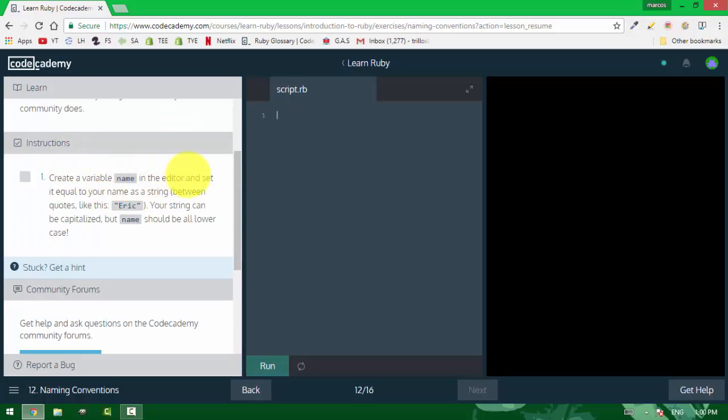Create a variable name in the editor and set it equal to your name as a string between quotes, like this. Your name can be capitalized, but the variable name should be all lowercase.